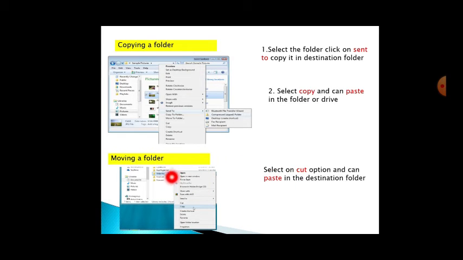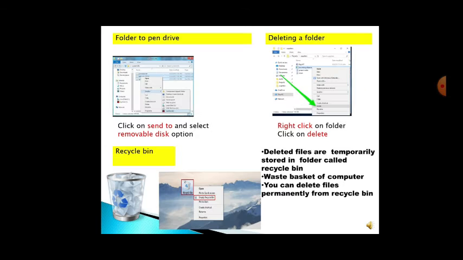So for example, if you are in the C drive and you want to move it to the D drive, you can either copy it, but copying again creates a duplicate folder. So I don't want a duplicate folder. So what I will do, I will just select the cut option. It will cut from the C drive and I am going to give the destination as D drive. So it is going to paste in the D drive. Hope you understood it. It's given clearly.